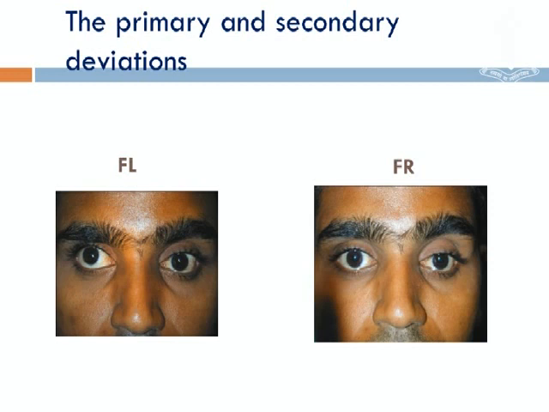So when the paretic eye is fixing, based on Hering's law, you need to have an extra innervation going to the other eye so as to compensate for this movement. So the secondary deviation will always be more than the primary deviation in all cases of paralytic strabismus.